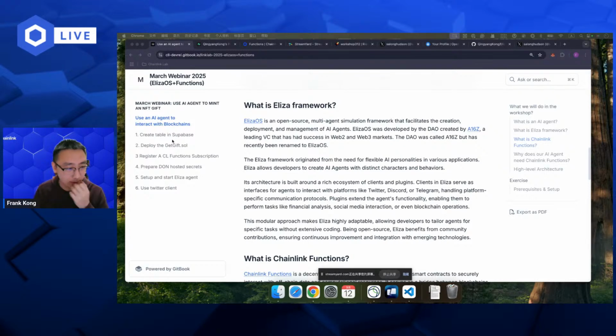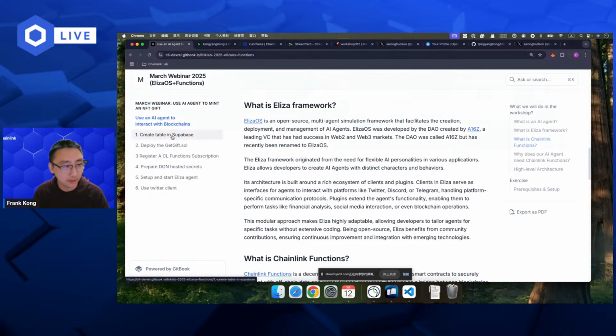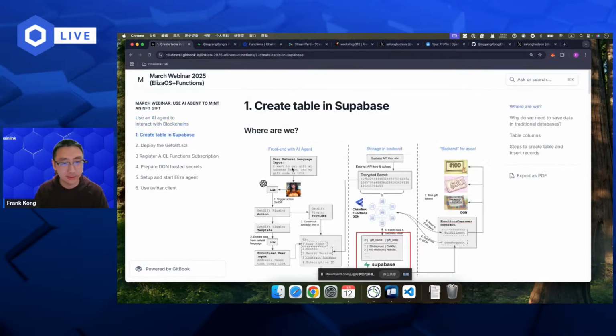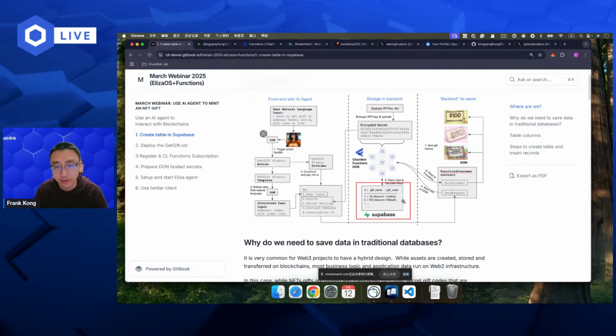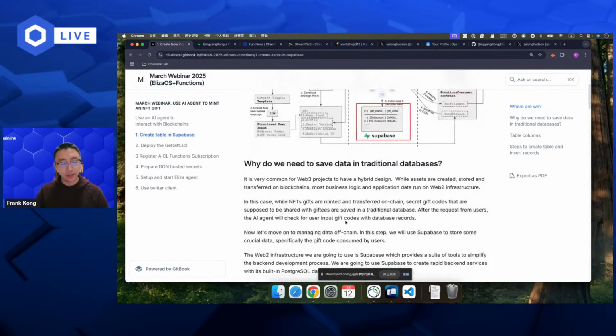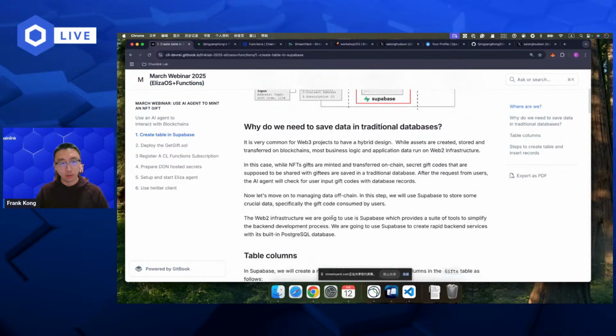Okay, so let's move on. This is just a brief introduction about what we are going to do, and let's go to the first step, to create a table in Supabase. In order to save some time, I have already created my table on my Supabase account.